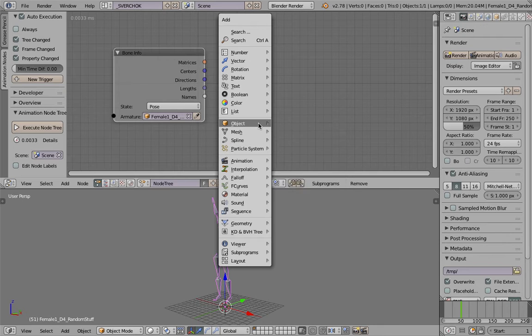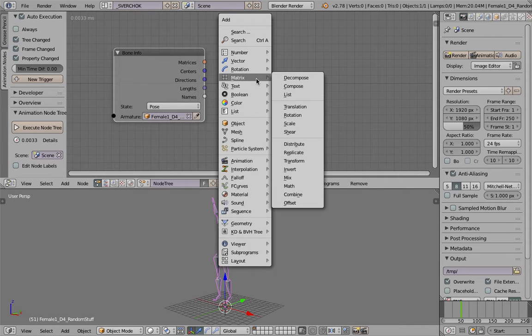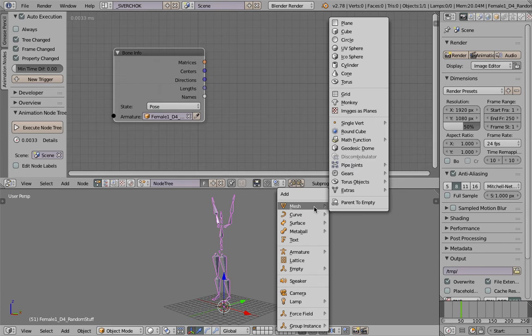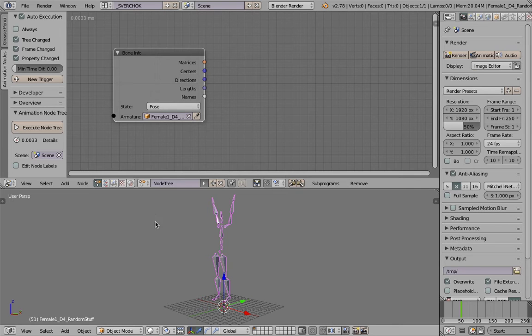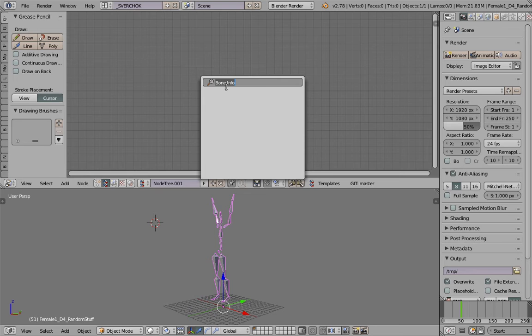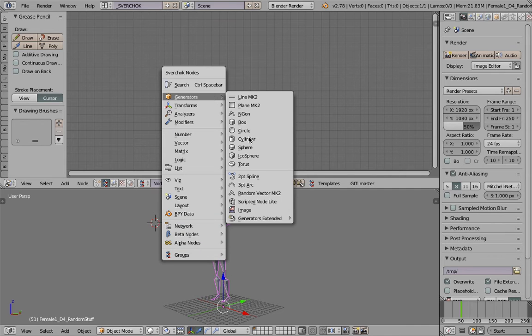Spline. Check. Oh well, I'm just gonna use an object from the scene. Cylinder, or we can use Sverchok for that. I'll use Sverchok. Generate a cylinder